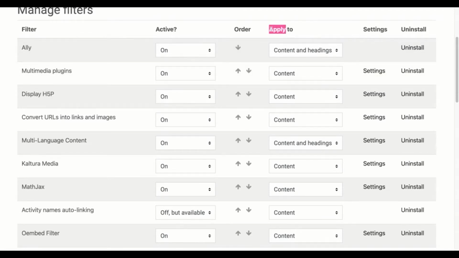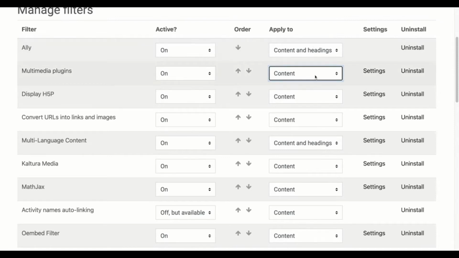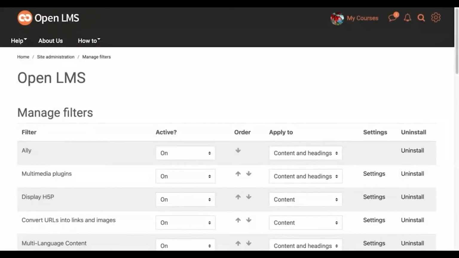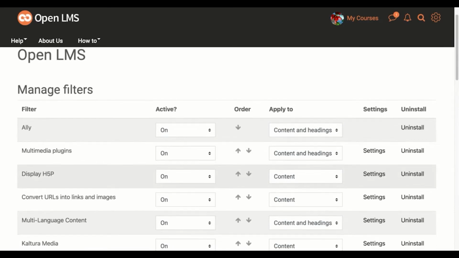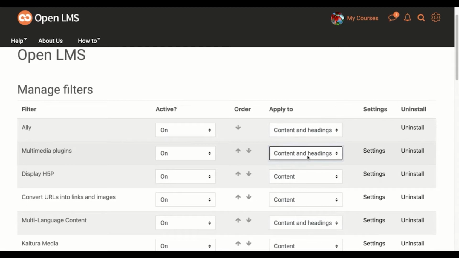Another setting we're thinking about is this application setting. Content or content and headings are the options. Content and headings means to look at the content plus the title space, the name space for objects. Turning on content and headings seems like maybe, why bother having two different settings there? Really, the answer is